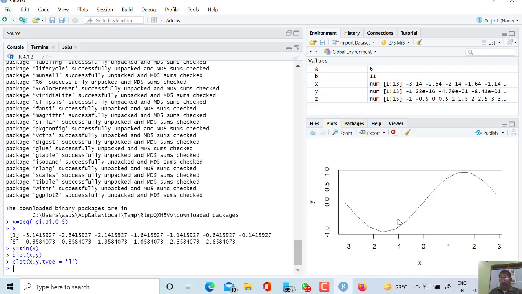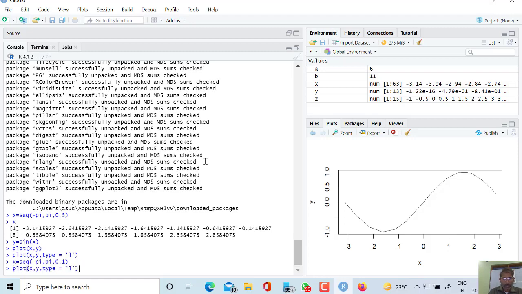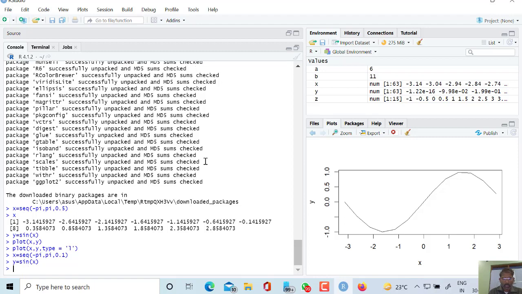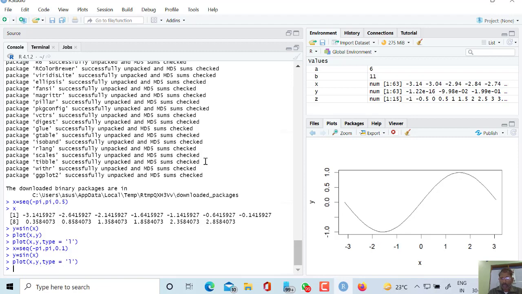So what should we do here for this? If the curve is not very smooth, that means the interval is larger. So if we reduce the interval, for getting the previous command back, we can just press the up key. Now I am minimizing the range. Again I am writing y equal to sin x, and now I am plotting it, and now we can see that the curve gets smoother here. So in this way we can do it.